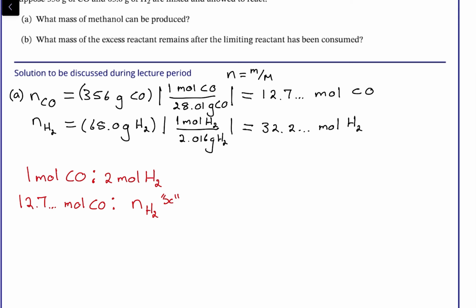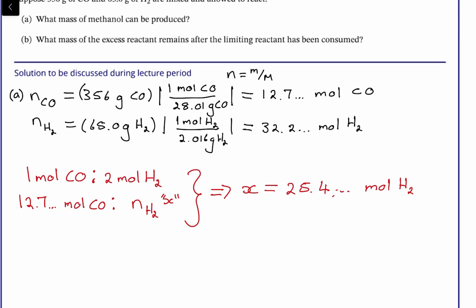If you quickly check that, if you do your cross multiplication and solve, you're going to get an X value that is roughly 25.4 and some numbers mole